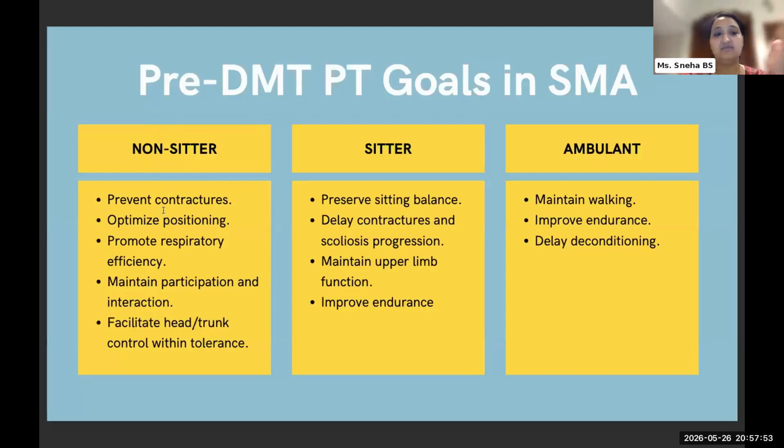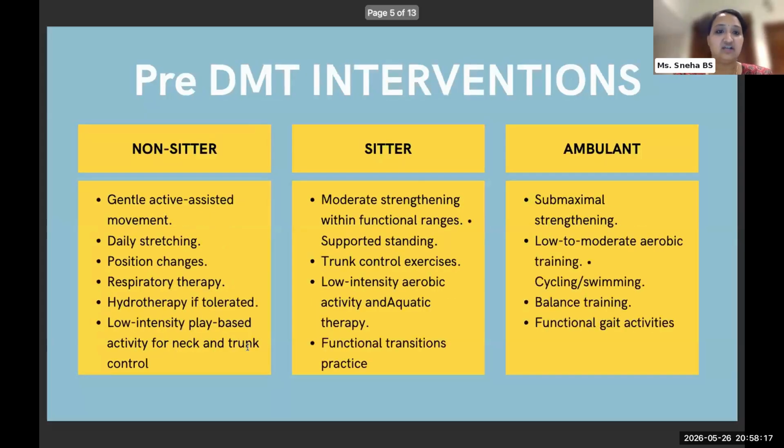So keeping that in mind, prevention of contractures, optimizing positioning, promoting respiratory efficiency, maintaining the participation and interaction, and facilitating head and trunk control within tolerance. So this is a key word here, which will probably keep repeating. So in order to meet these goals, what are the kind of interventions that we are going to opt for? First and foremost, we're going to look at gentle